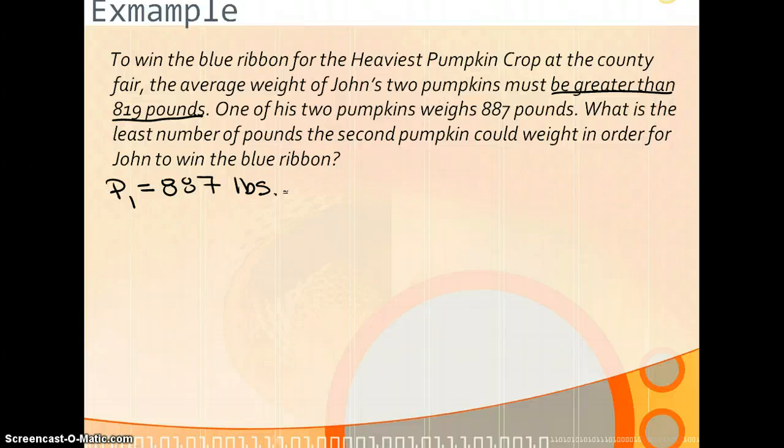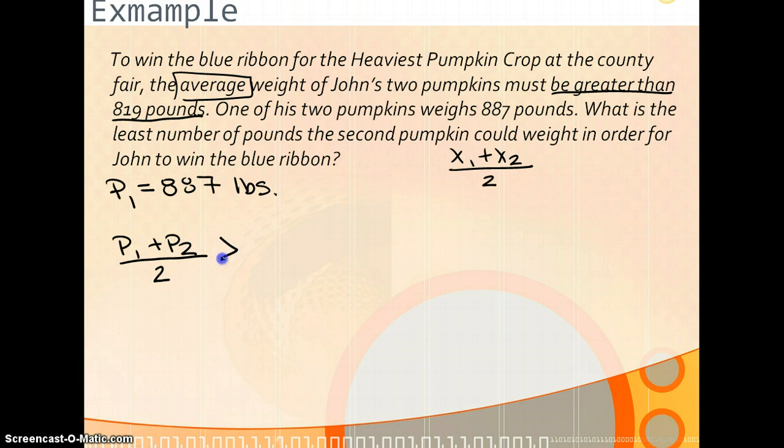The key is the word average. You do need to remember what an average is. So an average is x1 plus x2 divided by 2, or x1 plus x2 plus x3 divided by 3. So it's a bunch of quantities added together divided by the number of quantities you originally added together. That sounds really confusing, but that's what an average is. So for us, pumpkin 1 plus pumpkin 2 divided by 2 needs to be greater than